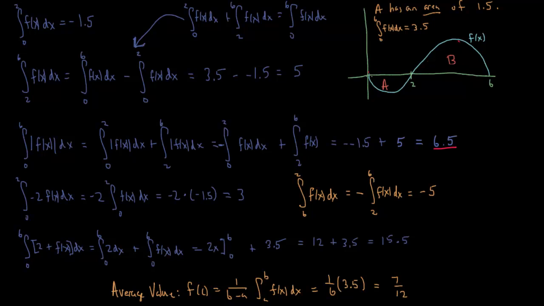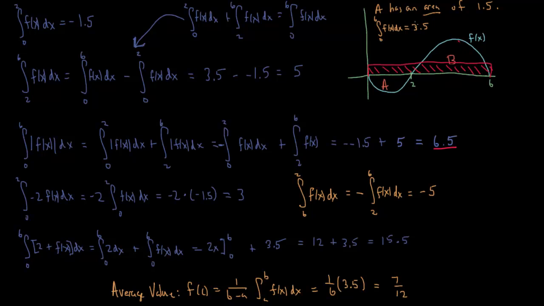So the base of the rectangle is going to be 0 to 6, and the height of the rectangle is 7 over 12. Now, we don't really have a scale here. We know that's 6, so that's a distance of 6. 7 over 12 is like a half, so it's going to be a pretty short rectangle. But we can draw a rectangle like so, such that the area of this rectangle